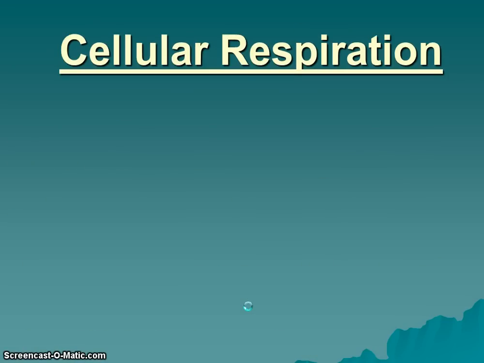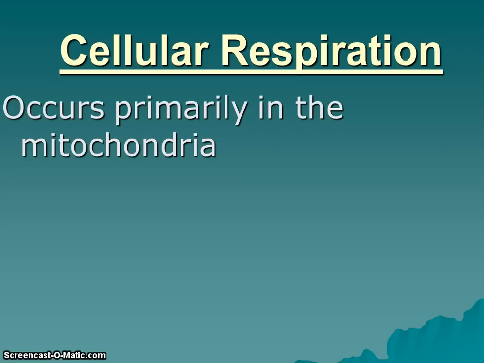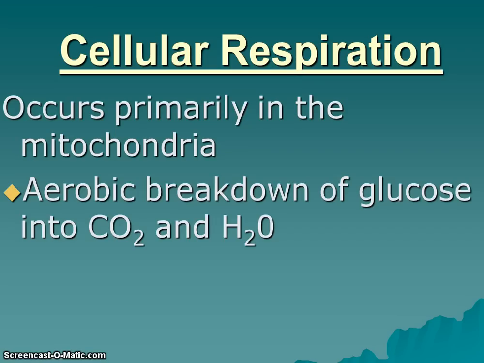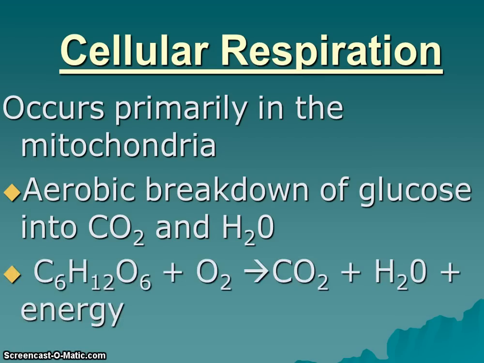Okay, so let's now learn about the process of cell respiration. It occurs in the mitochondria and it is a breakdown of glucose into carbon dioxide and water. So this equation is very important for you to memorize. It is the reverse of photosynthesis. So we have carbohydrate, glucose plus oxygen is going to yield carbon dioxide and water and lots of energy. If you remember, photosynthesis had carbon dioxide and water in the presence of sunlight is going to yield oxygen and glucose. So there is a nice